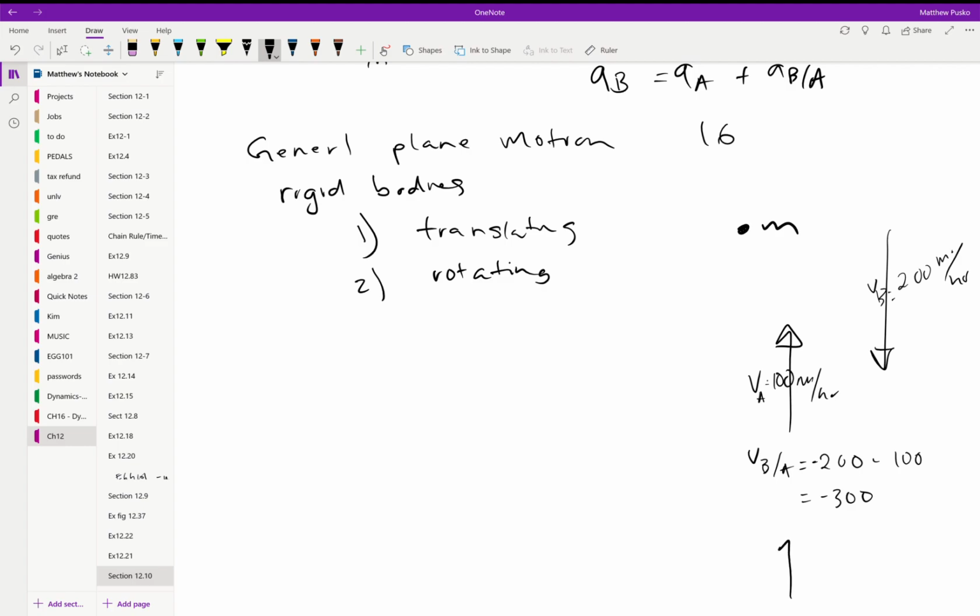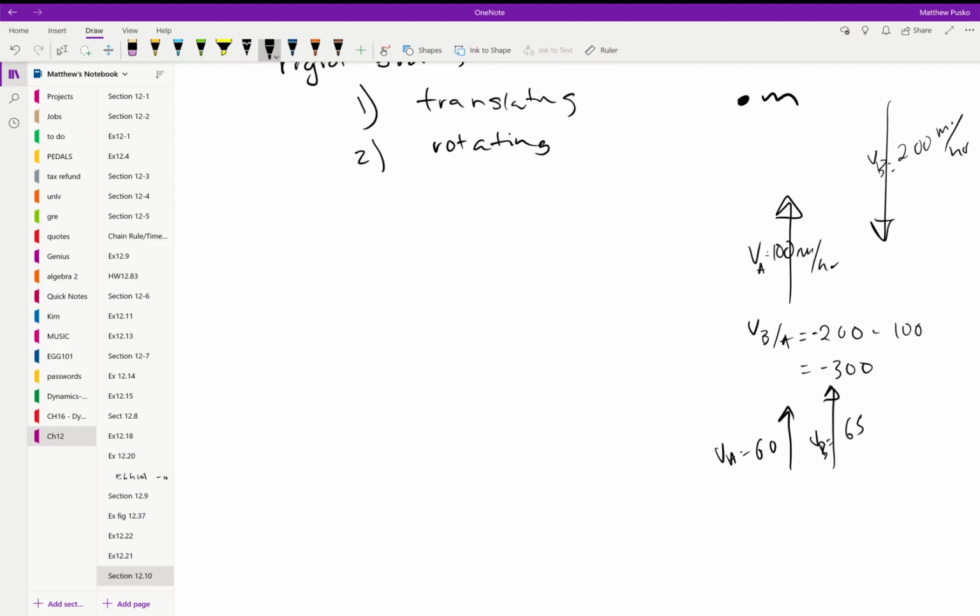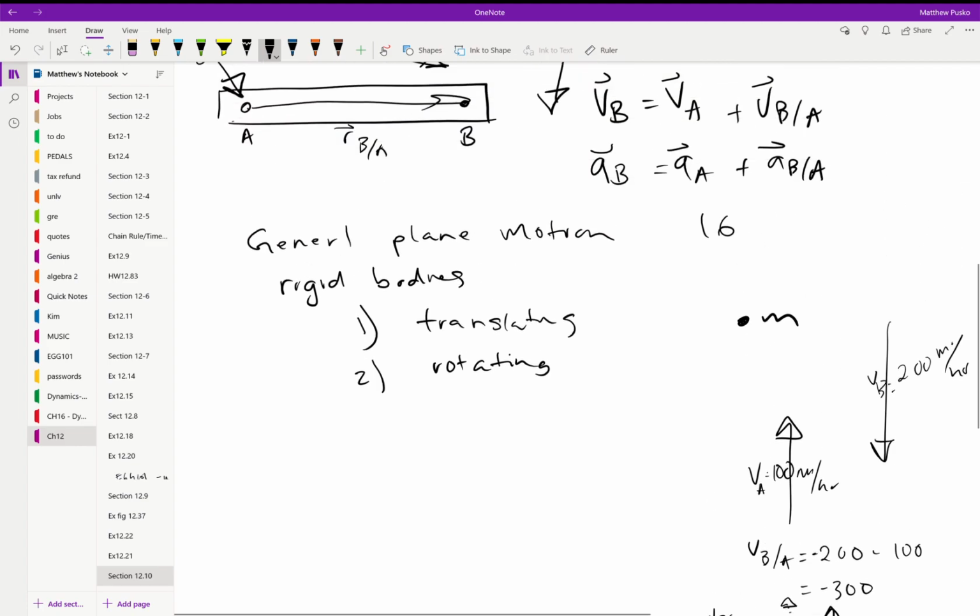Same thing if maybe you were driving 60 on a freeway and someone passes you doing 65. That difference right here, this little vector, is your velocity of B with respect to A, and you can say the velocity of B with respect to A is equal to 65 minus 60, or 5 miles per hour. Okay, so that's mainly what they're trying to hit on in this chapter,